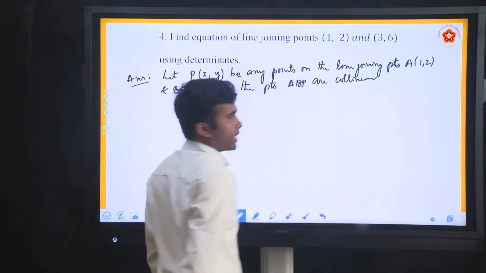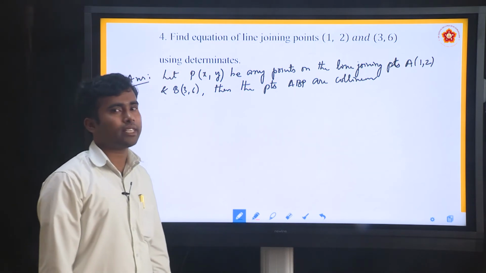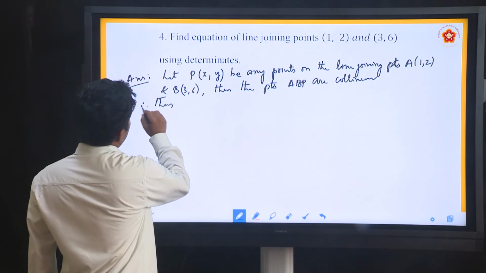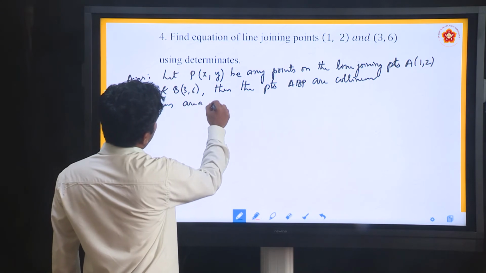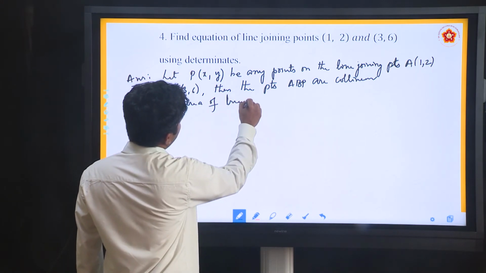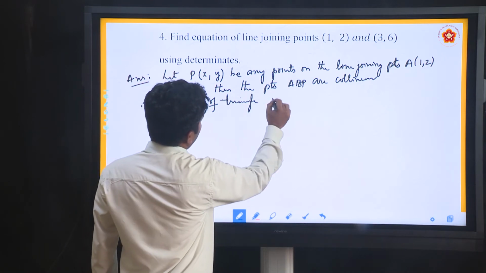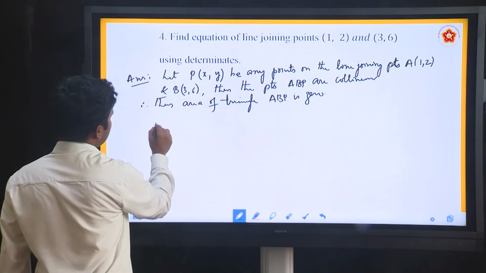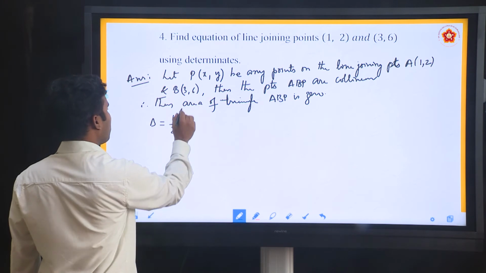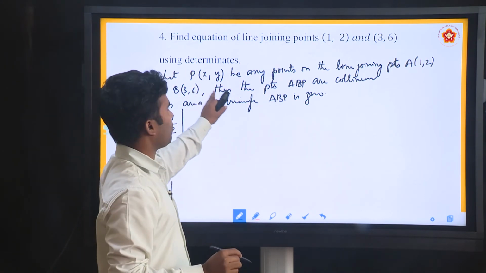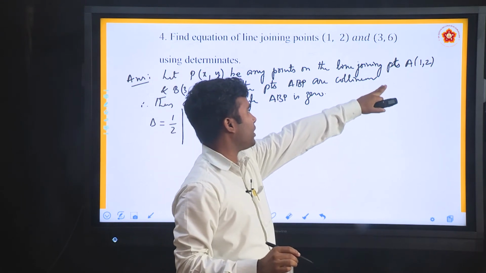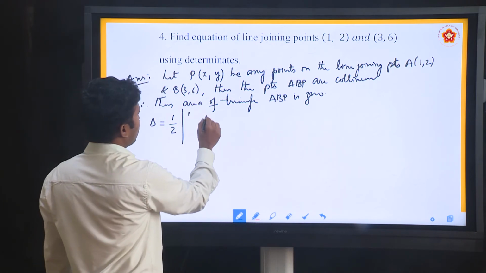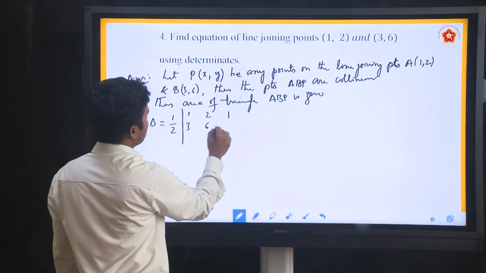See, if the points are collinear, then the area of triangle ABP is 0. The area of a triangle is given as delta equal to half into the determinant. What are the vertices here? You can take A, B, P: (1, 2), (3, 6) and (x, y). For that I can write the formula: rows 1, 2, 1; 3, 6, 1;